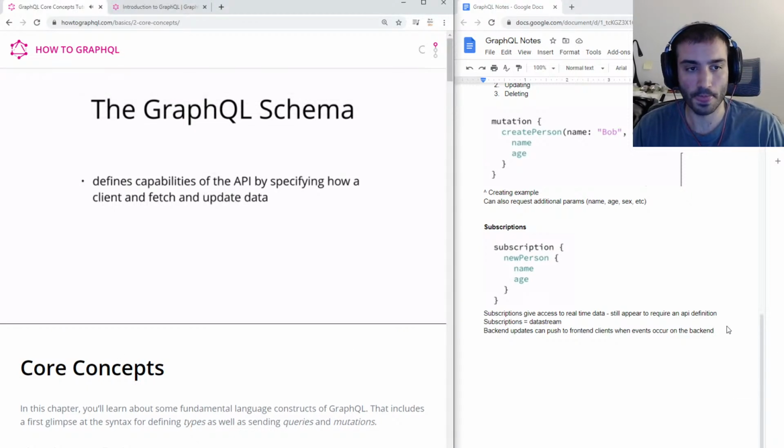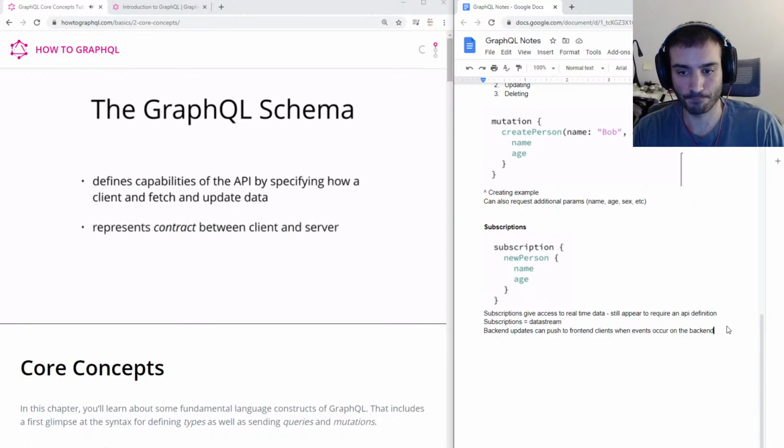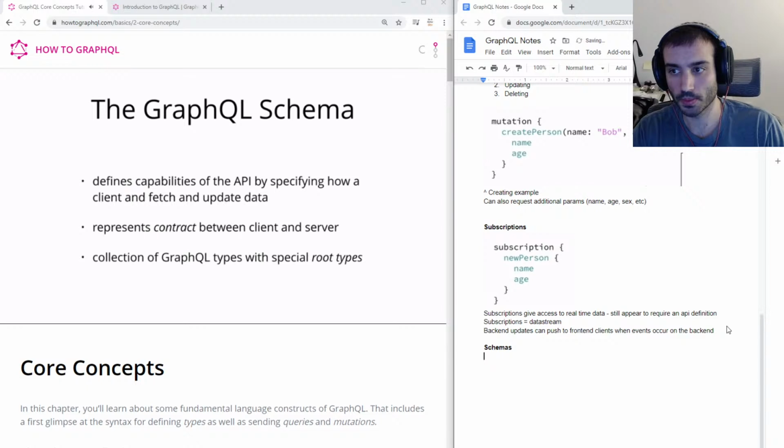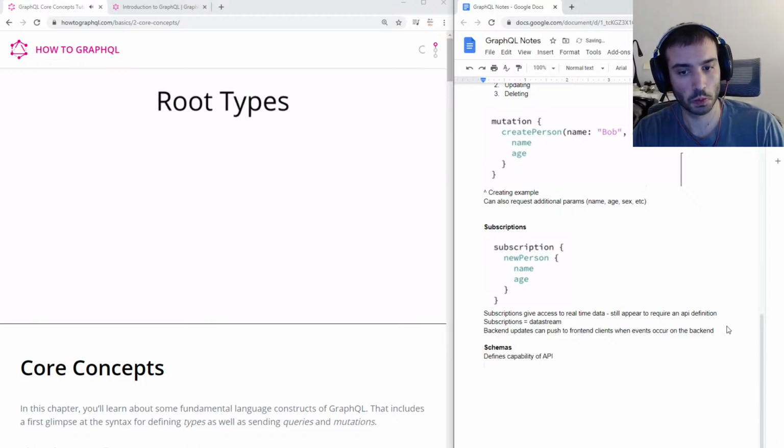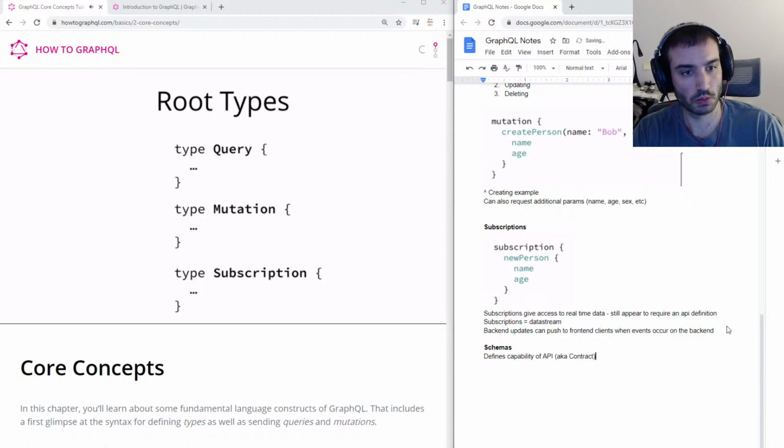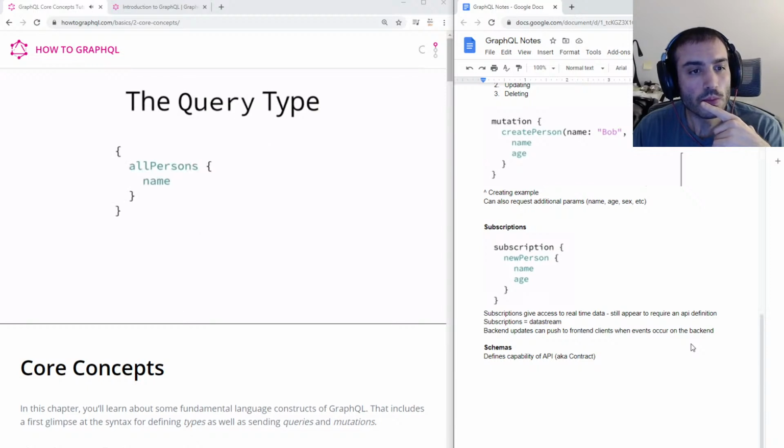The schema is one of the most important concepts when working with a GraphQL API. It specifies the capabilities of the API and defines how clients can fetch and update data. It is often seen as a contract between the server and the client, and in general, a schema is simply a collection of GraphQL types. However, each schema will have some root types that define the entry points for the API. These root types are the query, the mutation, and the subscription types. Let's now see how we would have to define these types in the schema to enable